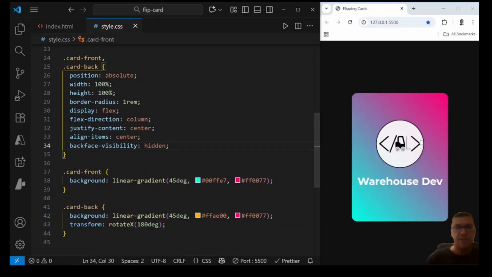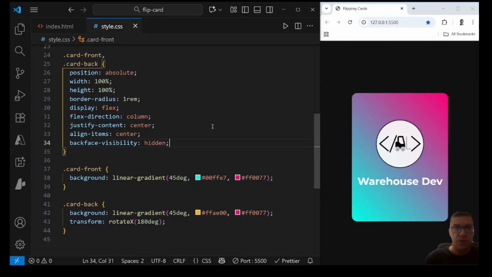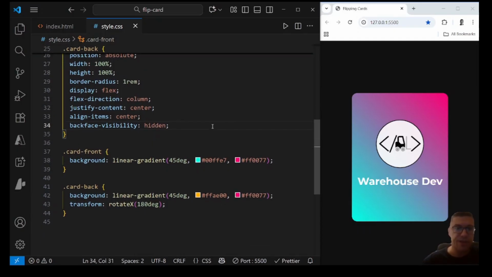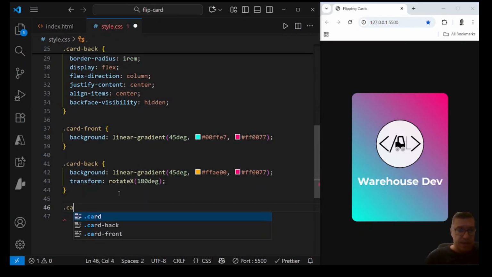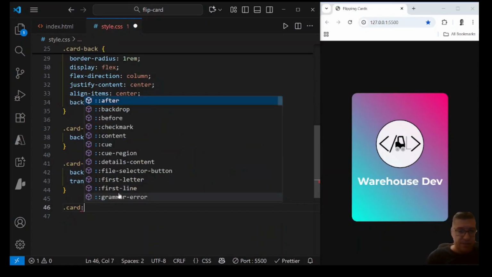And now if I save, as you can see, my front card is visible because my back card is rotated in the 3D space, and this property will make sure that everything that's behind that card in the 3D space is hidden. So now I have both cards styled properly, so now let's work on flipping those cards when hovering, and of course you can do the same for a click event, for example, or anything you want in your JavaScript. I will say my card class when it is hovered,